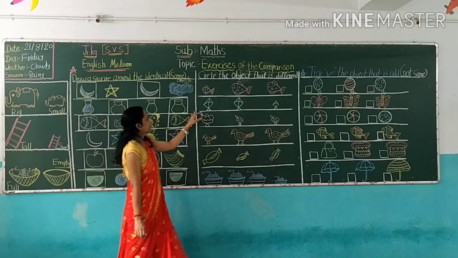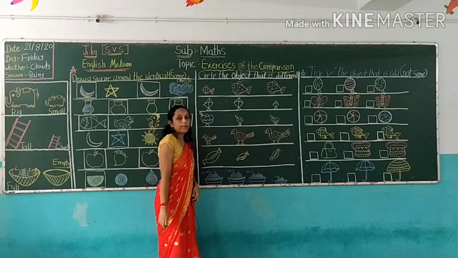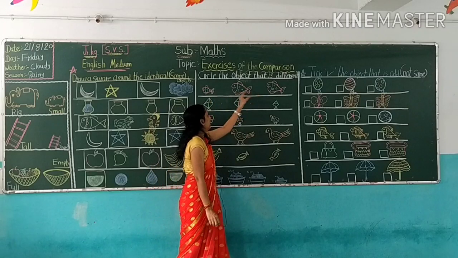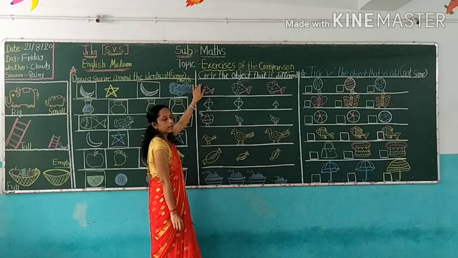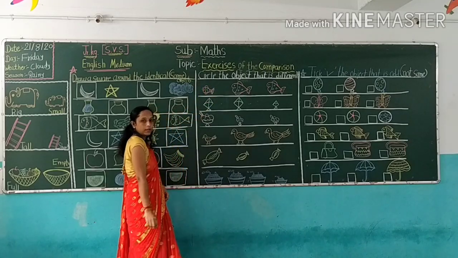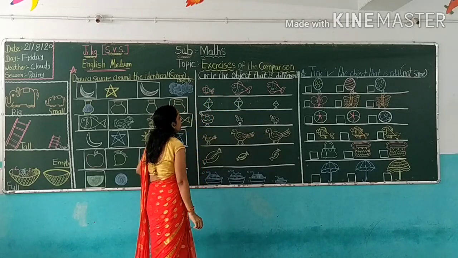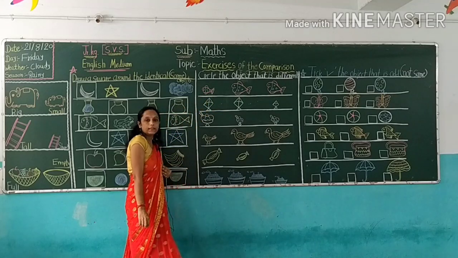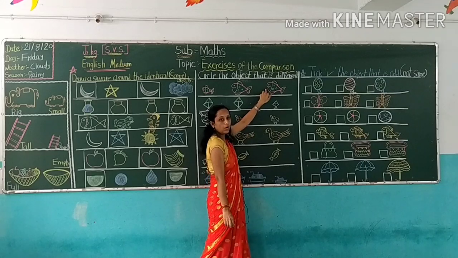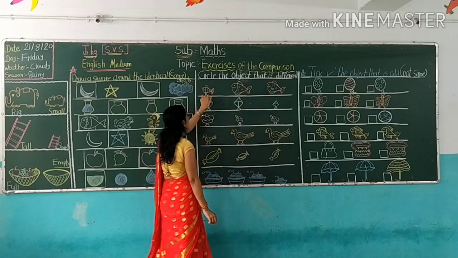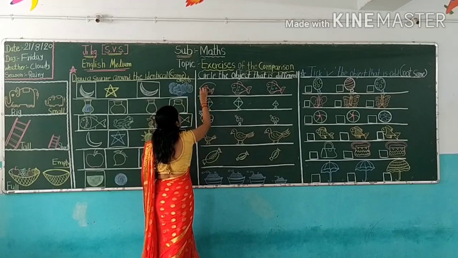Okay. Our second exercise is circle the object that is different. Different means यहाँ पे मैडम ने जो 3 फिश ड्रॉ की है उसमें कौन सी फिश डिफरेंट है उसमें आपको सर्कल करना है. Circle the different picture. ओके. जो ऑब्जेक्ट डिफरेंट हो उसमें आपको सर्कल करना है. So student, tell me which fish is, which object is different. This? No. This? No. This both are same. So this fish is different. So circle the different object.